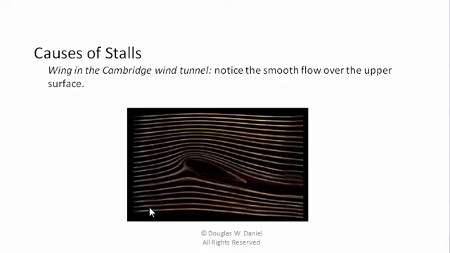The wind is blowing from the left to the right, and at various places a little trail of smoke is introduced to the wind so that we can see what the influence of this wing has on the air flowing around it. And initially this is a high lift situation in that all of the air is flowing smoothly around